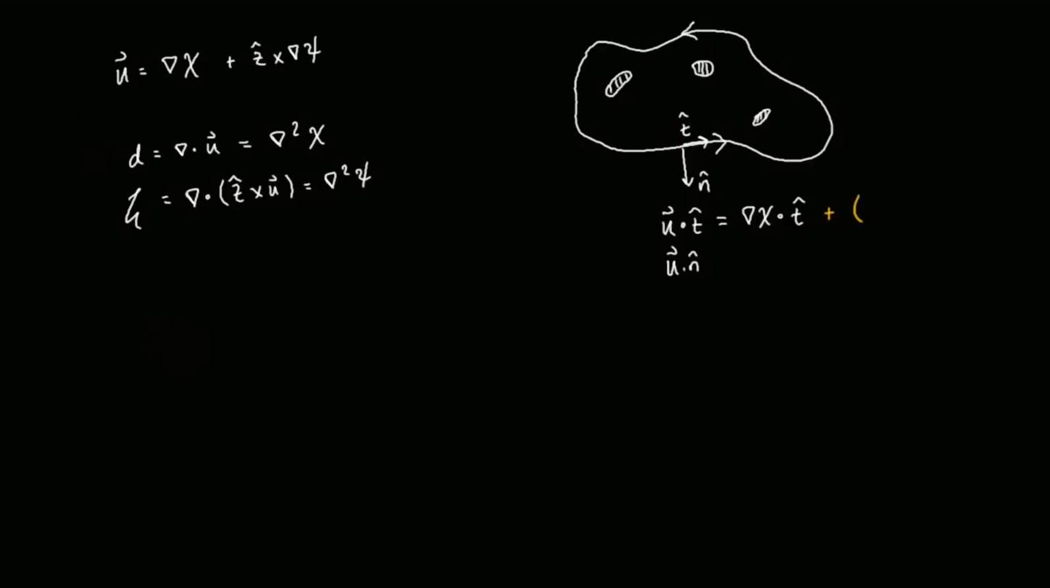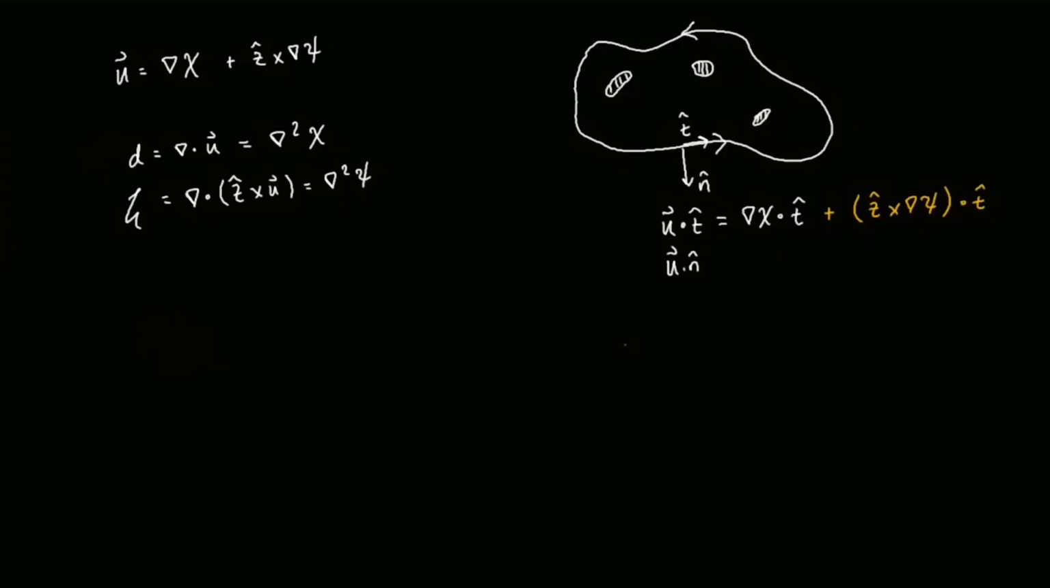So this term, what we're working out here is z hat cross grad psi dotted with t hat. And we need to relate n hat and t hat because they are related to each other. You know, if I give you n hat, if I rotate 90 degrees counterclockwise, I can get t hat. So if we say n hat is nx in the x hat plus ny in the y hat, t hat